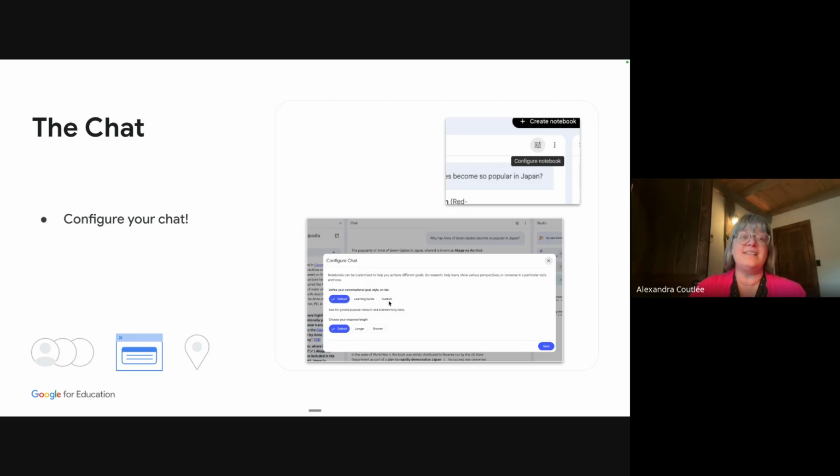The next one is called Custom, and that's when you can actually give instructions to the chat as to how it's supposed to speak and act. I've seen people use it to be sports announcers and speak in sports analogy only in the chat. So you could customize it to the level of vocabulary, the style it's going to have, the persona it's going to play. And again, same thing: once you share it and people are in reading mode, and we'll see later how we can share it, it will stay as is. So you can customize the instruction. And of course, you can customize the length of the answer as well.